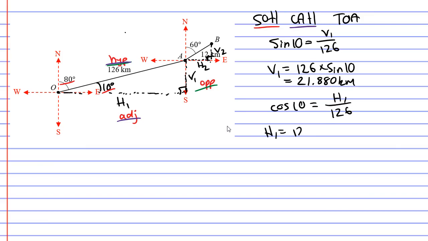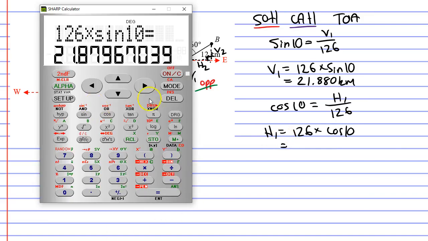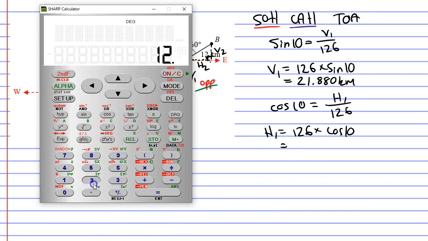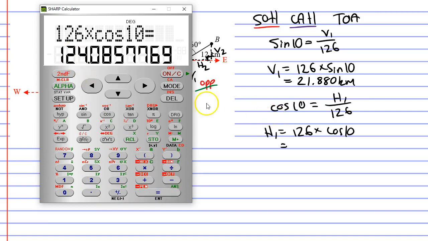H1 will equal 126 times cos 10 this time. Bringing up our calculator, clear, 126 times cos 10 equals, to 3 decimal places, we'll go 124.086